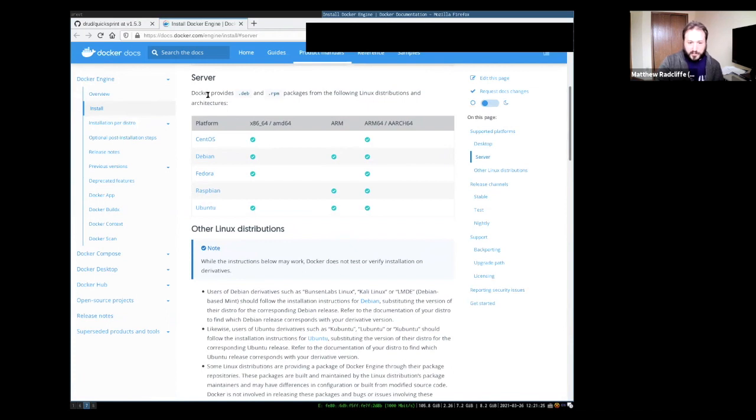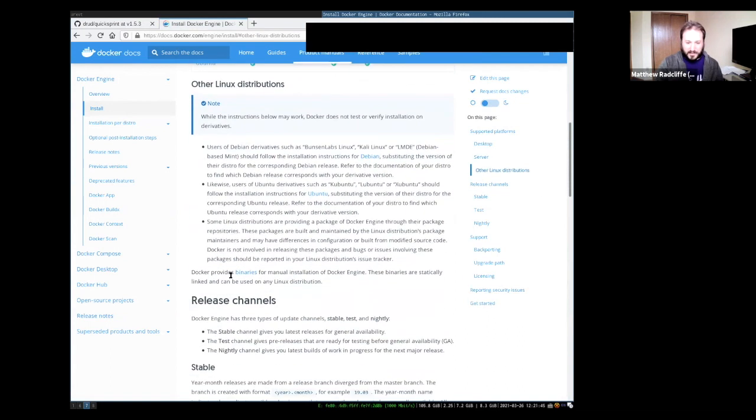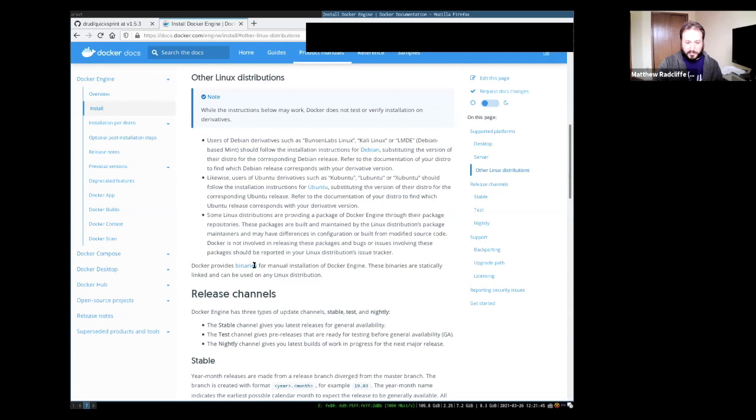I think most people are using one of these distributions, and there should be instructions for downloading Docker and Docker Compose for your distribution. I'm the oddball out. I use Slackware, so I'm down here in other, and I download binaries manually.